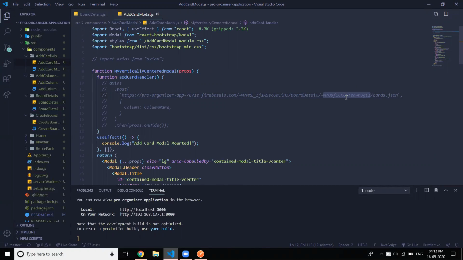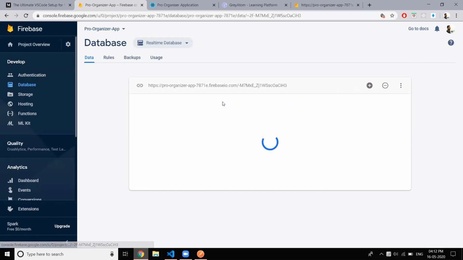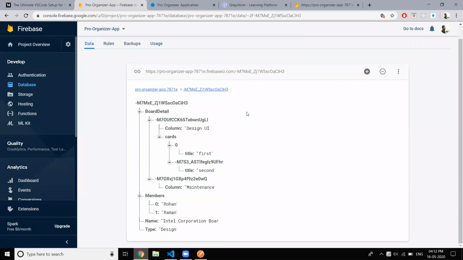Okay, great. And what is this ID? H3. Can you go to Firebase? Yes, click on H3. This is the board ID. Okay, good. So our database consists of many datas. One of that data is the board data, and inside board data we are putting all the data, right? So that is constant for us for this application.